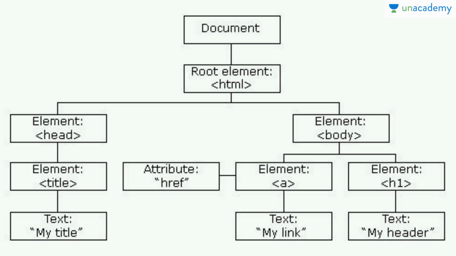So this is the same DOM tree that I showed you in the previous video, and in this DOM tree you can see that the main thing is the document that can access all the elements of the DOM tree. Below are the elements. The first is the root element, that is the HTML element, after which you can see that there are 2 elements on the same level, that is the head and the body element, because these 2 tags are present inside the HTML tag. So head and body are on the same level, and then the head has the element of title, and then the title has a text of my title.